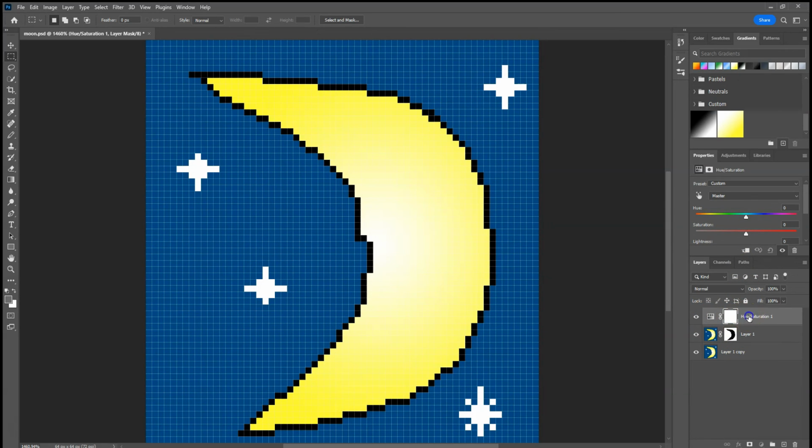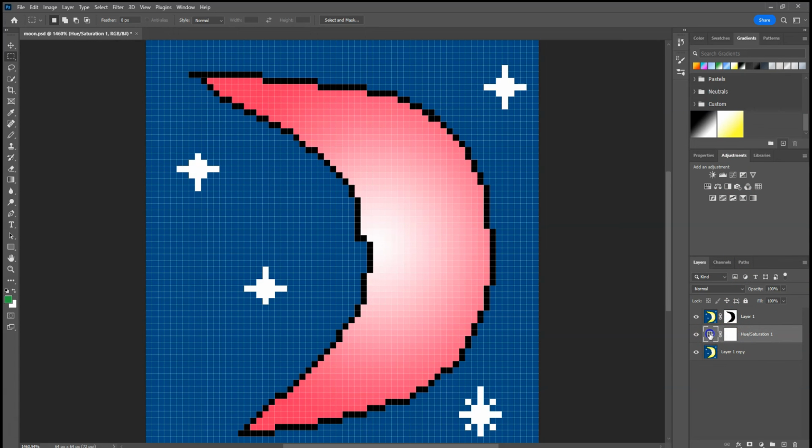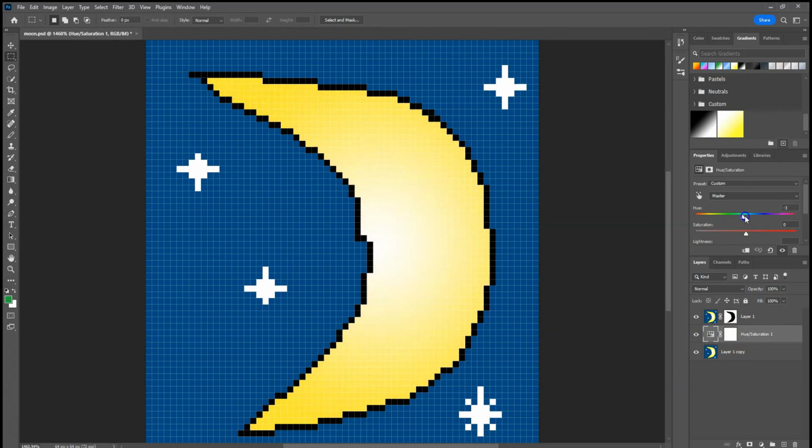So I'm going to drag the hue and saturation layer down underneath the layer that had the mask. And now when I drag this around, you can see the only thing being affected is the layer that the moon is on. If I hide this right here, you can see it comes through the whole thing. But what this effectively does is isolate that hue and saturation to only that section I'm currently working on. So if I come over here and adjust my hue and saturation, I can make my moon different colors